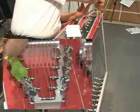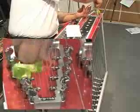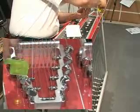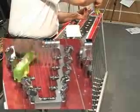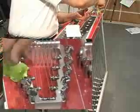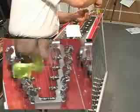And now on the third string you want to put as many winds as possible. That's why we did that, because you want to get away from that hole. That hole has little edges on it, flakes from plating, little sharp edges, and it will break that string. Because